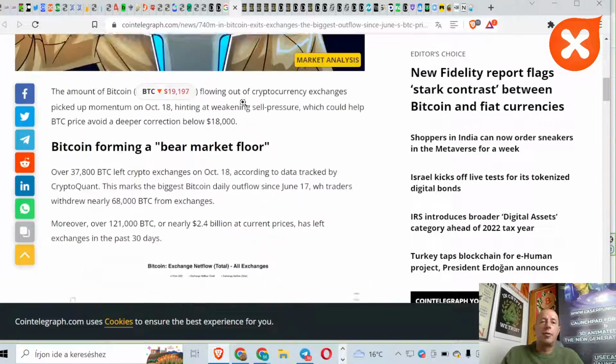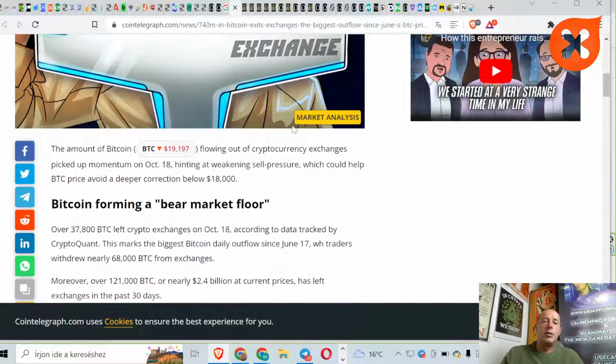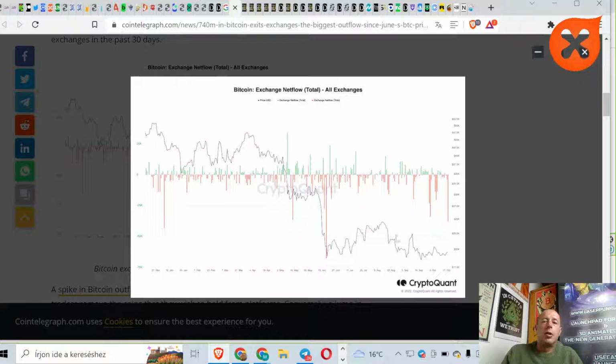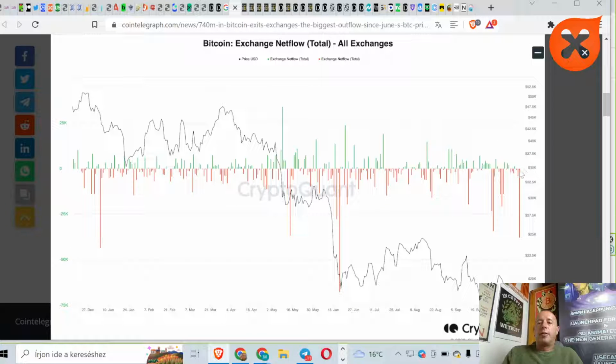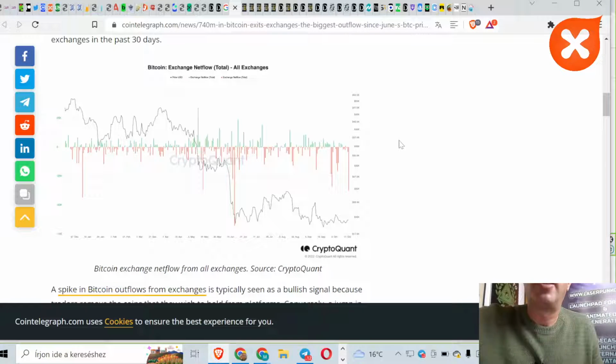Let's go and check out our first news: almost 740 million US dollars in Bitcoin exited exchanges, the biggest outflow since June. So Bitcoin is leaving exchanges, and investors are withdrawing their Bitcoin. This is the net inflow and outflow. When it is green, there is an inflow, so people are depositing Bitcoin to exchanges in order to sell. If we see huge outflows, people are withdrawing Bitcoin from exchanges to cold storage like a Ledger Nano, and also